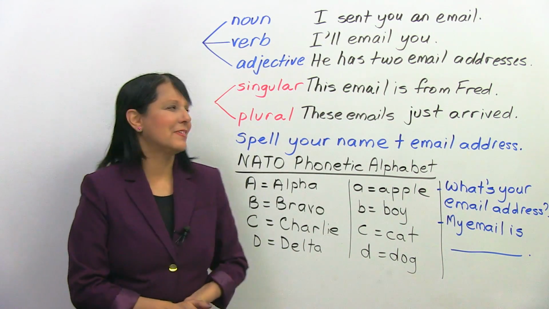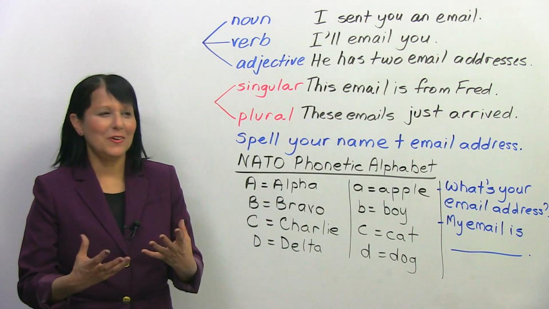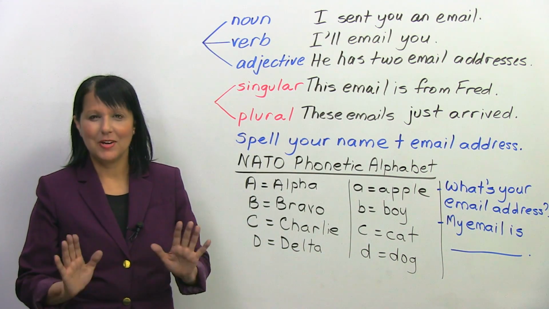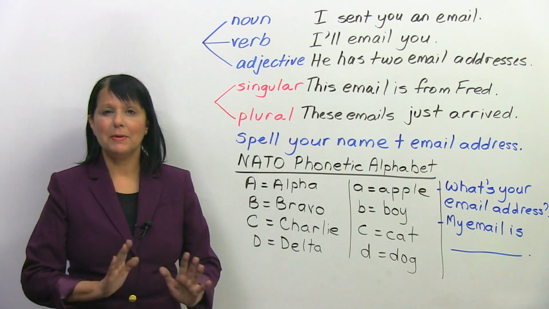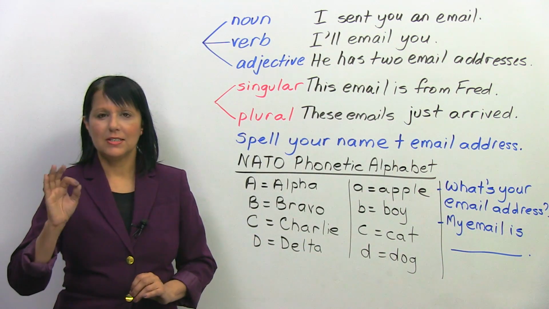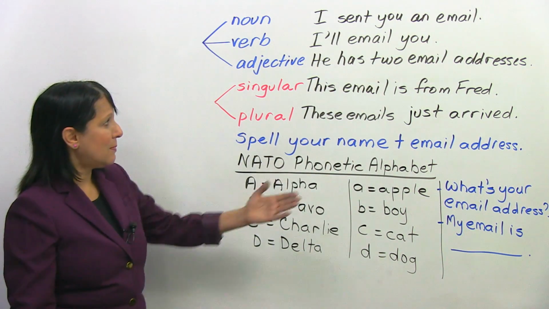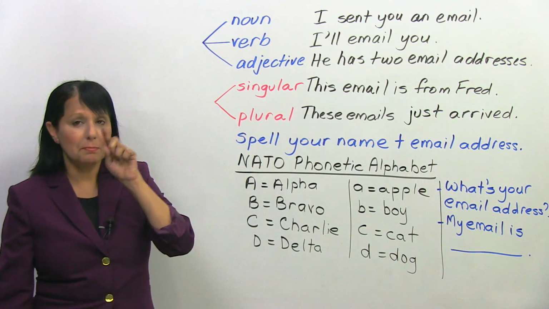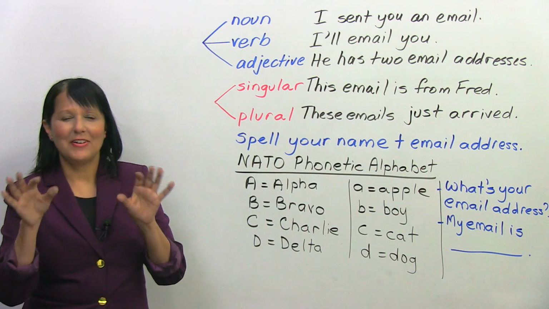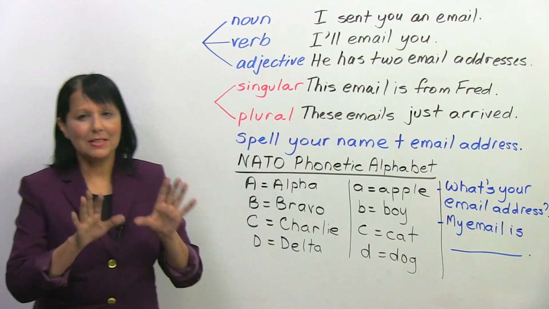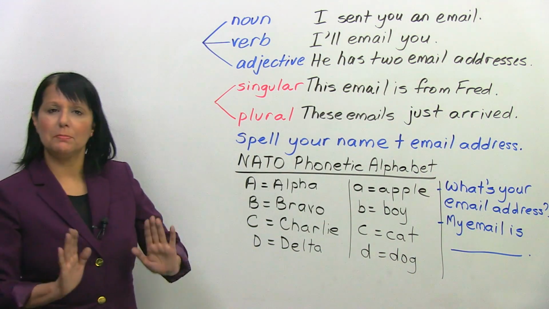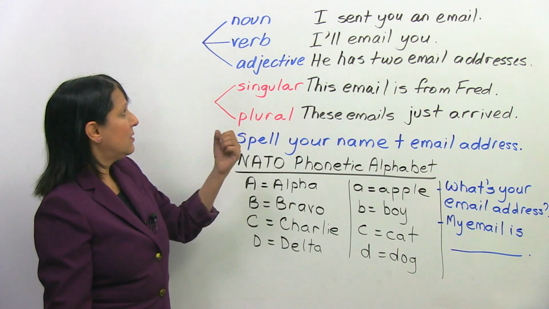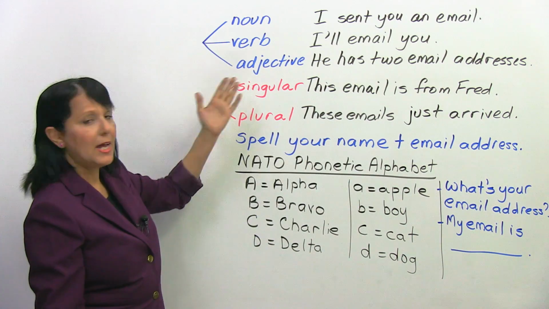So let's get started. So first of all, this word email is a new word, right? So there's still a bit of disagreement around the world, even in the English-speaking world, about exactly how to use some of the detailed aspects of it. For example, do we write email just like that, email, or do we write e-mail? Okay, there are all kinds of little arguments about how to do that. But let me tell you in general, some of the things that most people are following, so you will always be correct. So first of all, the word email is used as a noun, a verb, and an adjective in